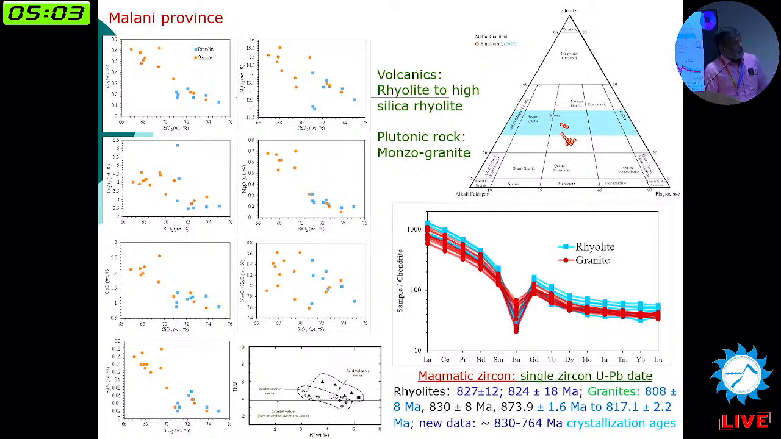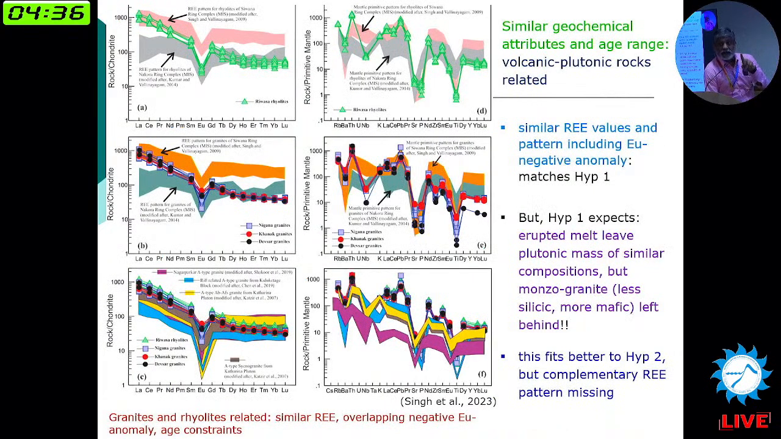There are REE plots very, very close by, and they all look similar, and these are the published dates. I have taken most of the dates from Singh's recent paper in 2023. But an important point is that the granite is getting plotted not as granite, it is monzogranite. This is important because I will come to this point. It is of intermediate chemistry, intermediate composition. This is all the published data from Malani, and here you see that, if you take the similar REE values and pattern,